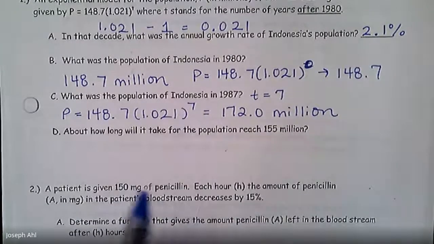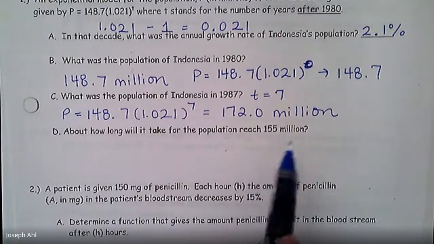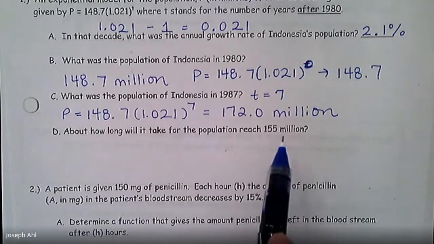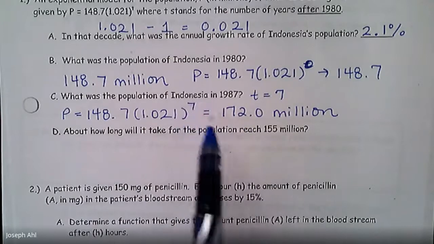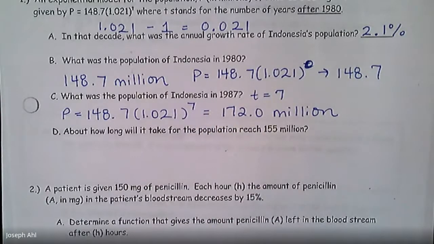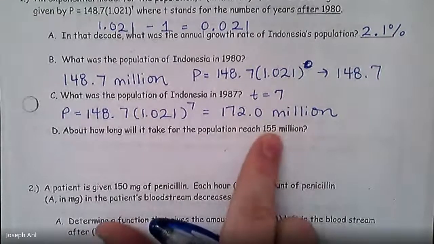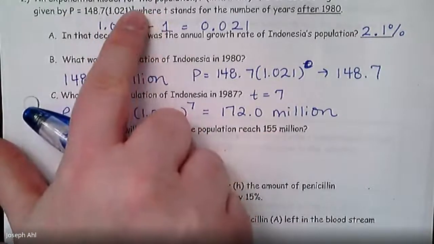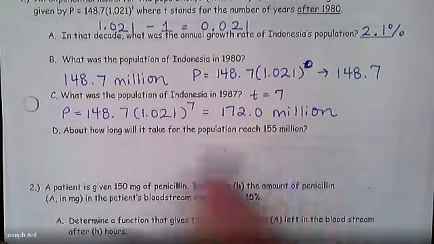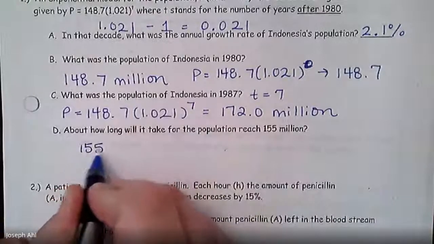And the last part says, determine how long it will take for the population to reach 155 million. Now, think about what we just calculated in the last answer. We know that 7 years later, the population is 172.0 million. So we know it's going to take less time for the population to reach this amount. But population is kind of a Y value in our case, right? It's an output. We have to figure out what input for T would get us this output. So we're going to do 155 equals